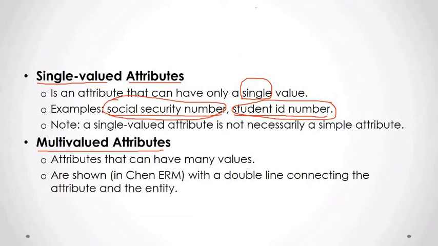But a single valued attribute is not necessarily a simple attribute. Okay? So there can be a single valued attribute that is composite. Okay, for example,